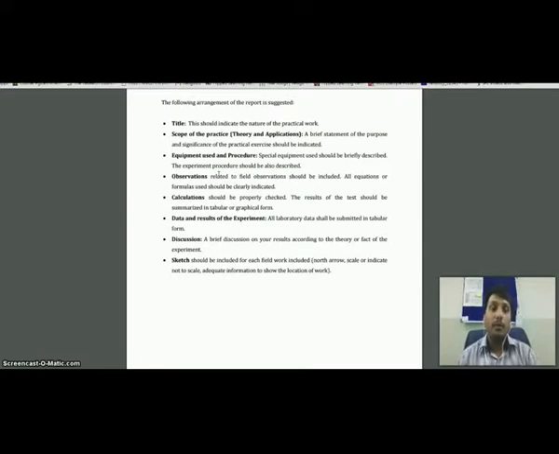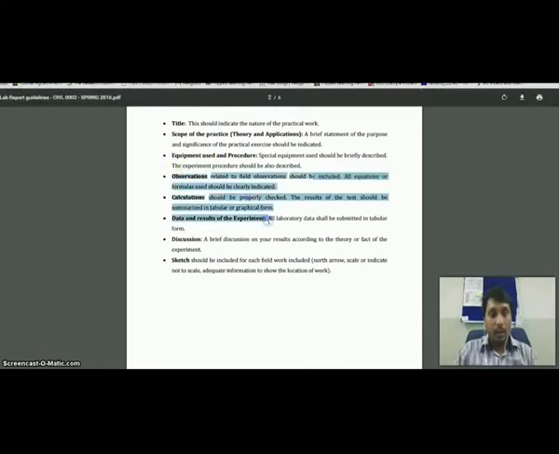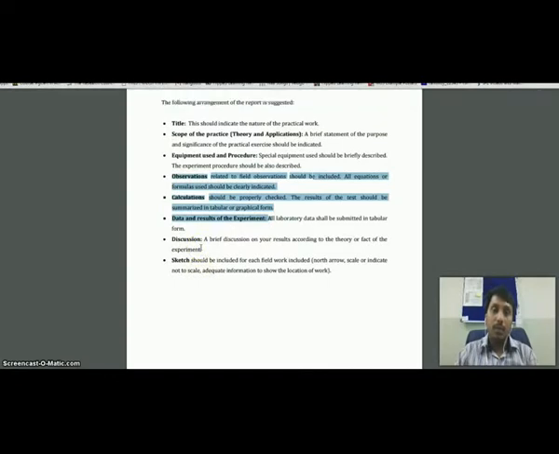Now coming to 4, 5, 6, whatever it is, observations as per your experiment, all this comes under the same thing, because in the same table you are having the observation column, in the same table you are having calculation columns, and in the same table you are having results. But so here you can start writing 4.1.